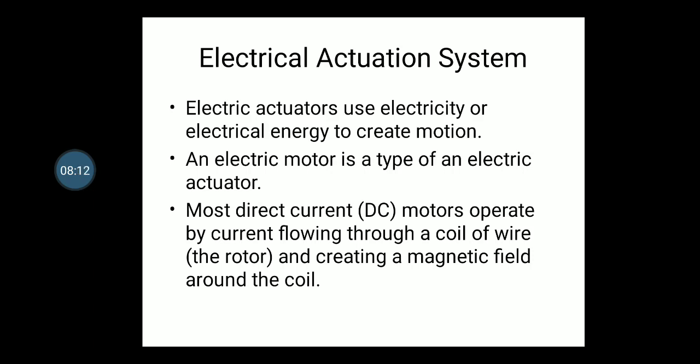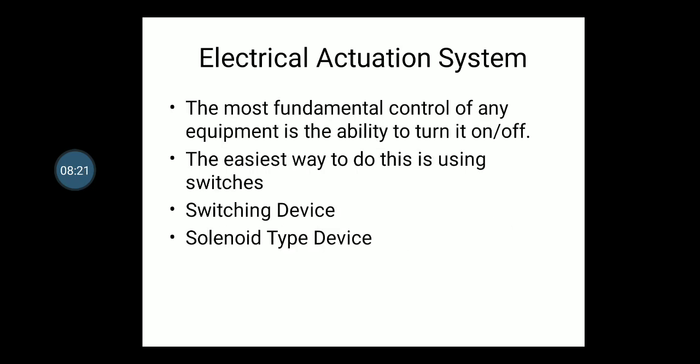Most direct current, that is DC, motors operate by current flowing through a coil of wire and creating a magnetic field around the coil. The most fundamental control of any equipment is the ability to turn it on or off, right? Suppose you want to close the plant, or close any particular module. We don't need to go there and do it manually, right? We can do it directly through the electrical actuation system,